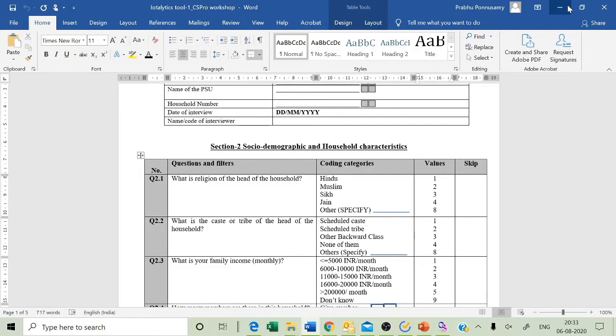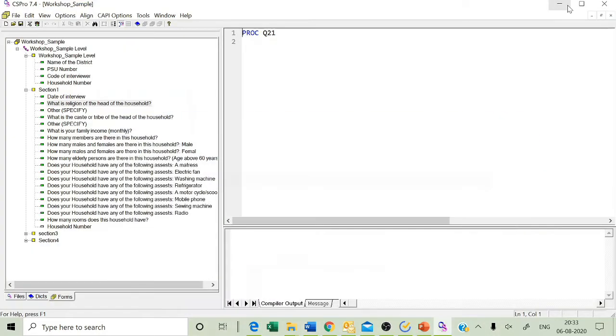There are two ways you can declare a skip pattern. First example: if you use the dollar symbol, wherever you are declaring it, the variable name is automatically considered, or you can mention q21 also. Otherwise, if q21 not equal to 8, then skip to q22.